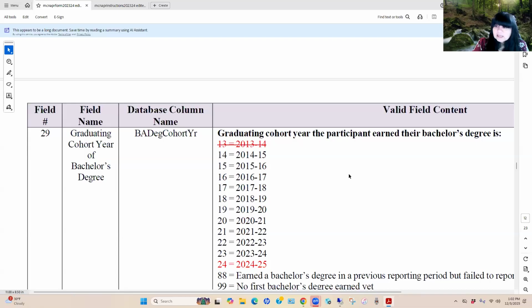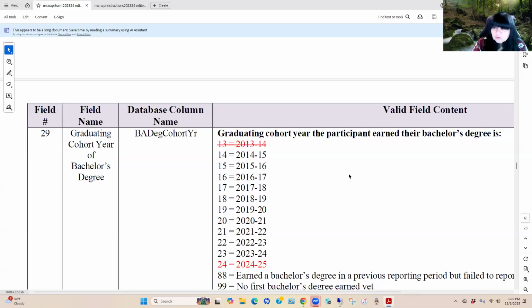So it's important again that once we've reported a cohort, you will see that in the Excel file you downloaded when the APR website goes live. You will see those reported cohorts, and you'll just continue reporting on their progress. You cannot change those.